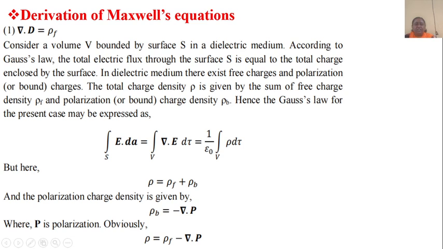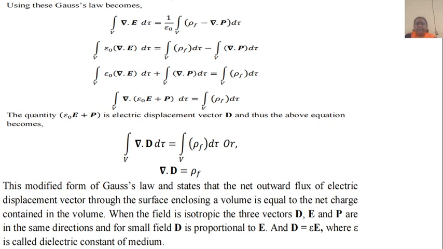And the polarization charge density is given by rho B equal to minus del dot P, where P is the polarization. Now, rho equal to rho F plus rho B. Putting the value of rho B here, we get rho equal to rho F minus del dot P. Using this, Gauss law becomes